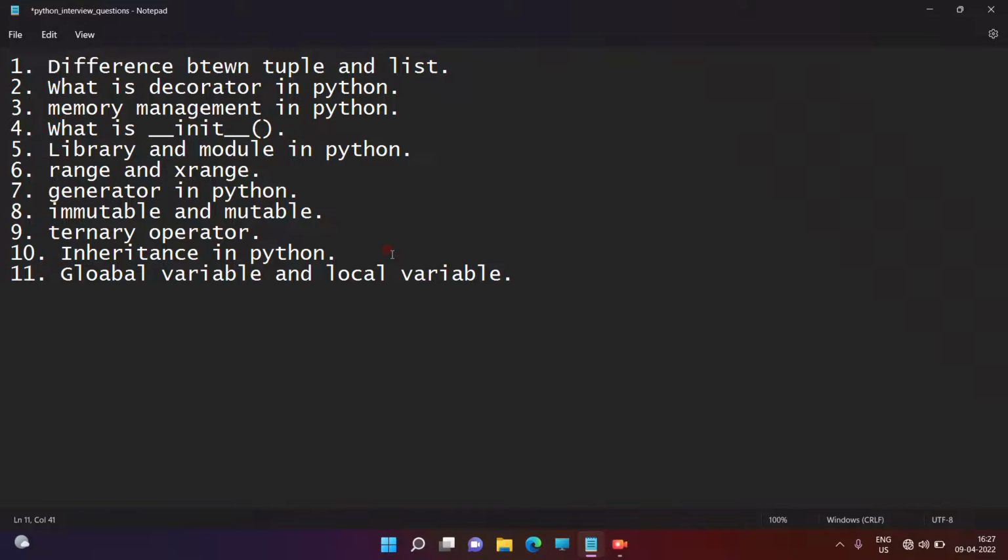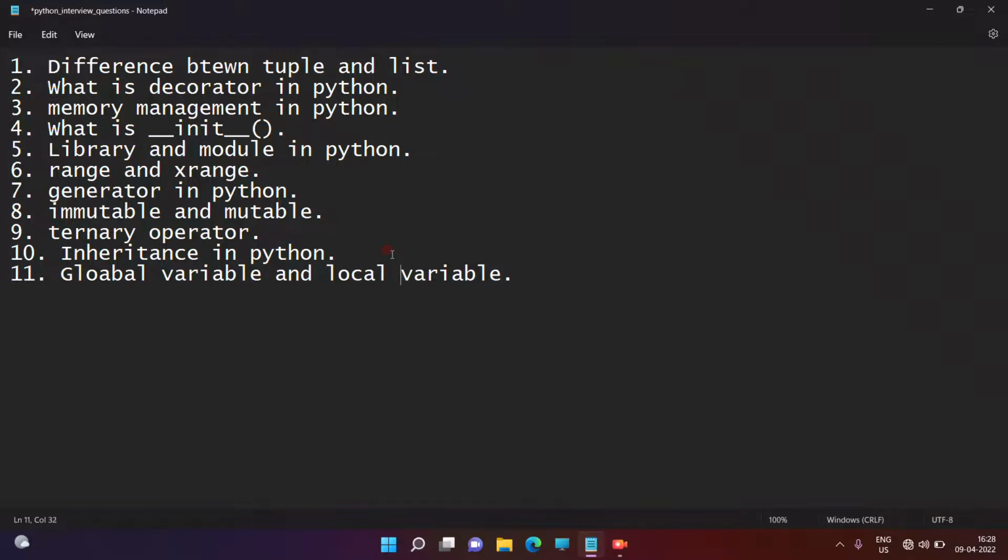And what is the advantage and use of this global variable? A global variable is accessible everywhere in our module, and also accessible in every other module. It means we can import the global variable from one module to another module by using the import statement, right guys? So that is the global variable and its scope, and there is one more thing we have to remember.